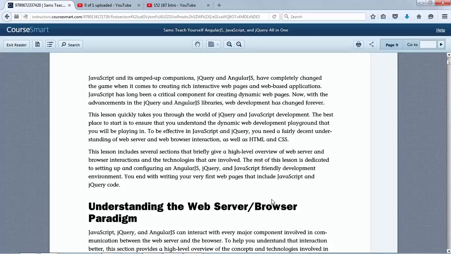There's quite a bit of talk in here about web servers and web browsers. The lesson includes several sections that give a high-level overview of web server and browser interactions and the associated technology. Then they talk about setting up and configuring AngularJS, jQuery, and JavaScript. This book supposes that you are going to use for your jQuery, JavaScript, Angular website environment